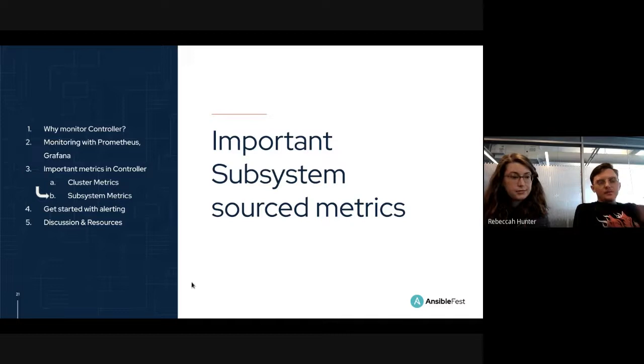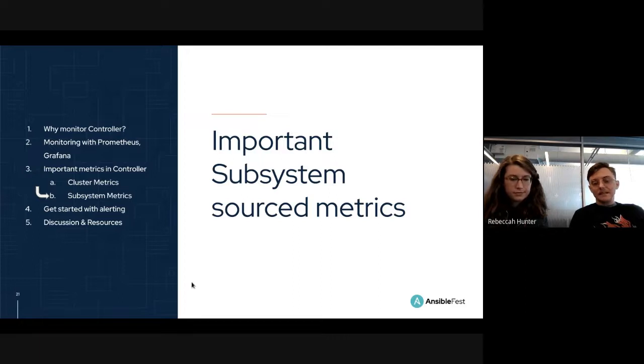So now we've talked some about the cluster metrics that are available. We're going to start getting into the subsystems. And again, to help clarify, why are we making the distinction between cluster metrics and subsystem metrics? Part of it is because the cluster metrics, as we said, are from the database, but the subsystem metrics are coming from other processes, giving us data from basically their runtime that is not written to disk anywhere.